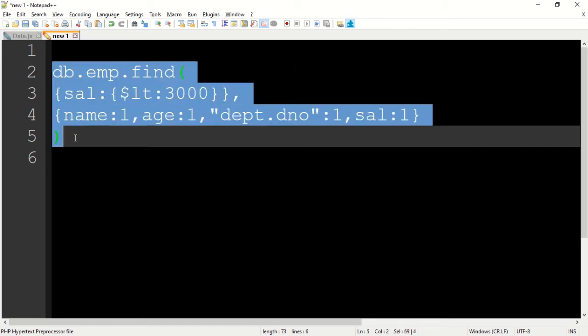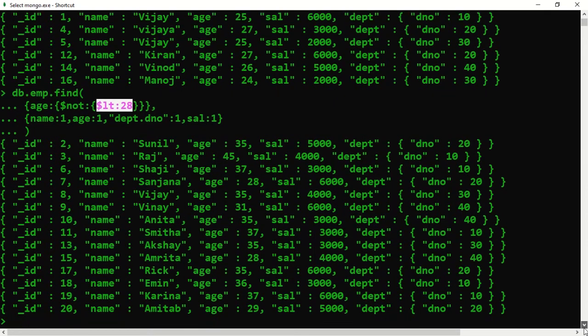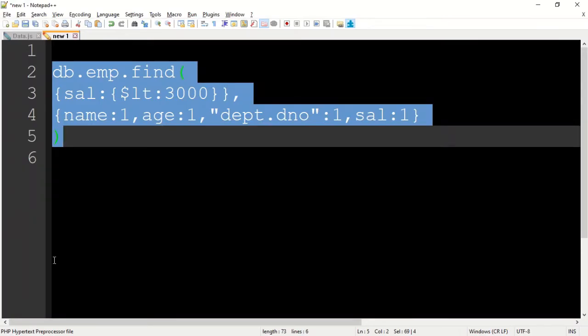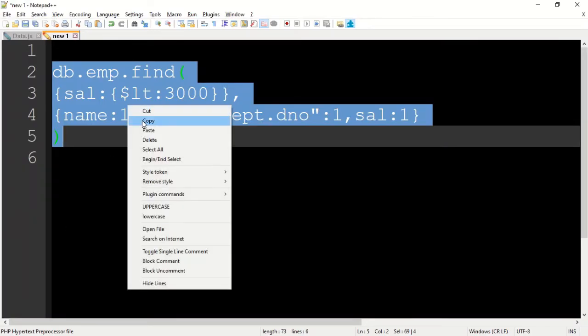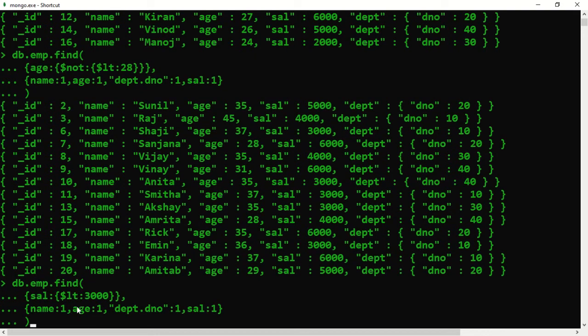So let's see, Control C, and we go to here and we say right click, now it's copied and pasted here and press enter.